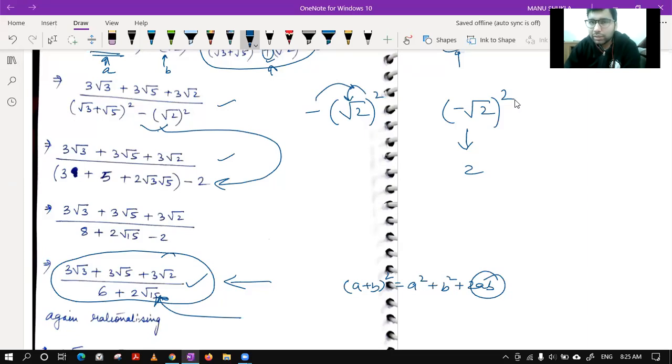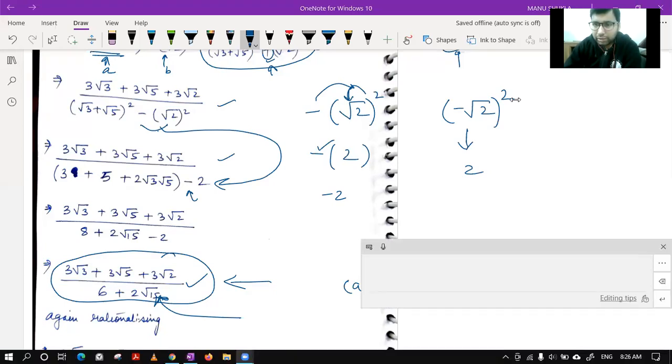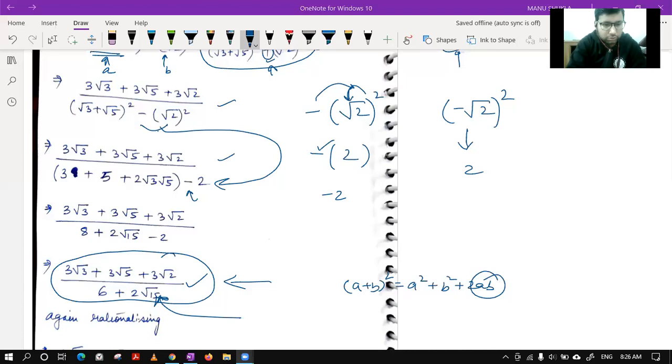This negative is outside this root 2 square. As soon as you solve this and open the doors, still the negativity is outside and it will make the number negative. I hope my point is clear, Vaishnav. The negative is outside the bracket. Square is done on root 2 only, not on the negative. That is why I have kept the negative intact. One second, Vaishnav. I think your doubt should be clear by speaking only. Yes, Vaishnav, please unmute yourself.